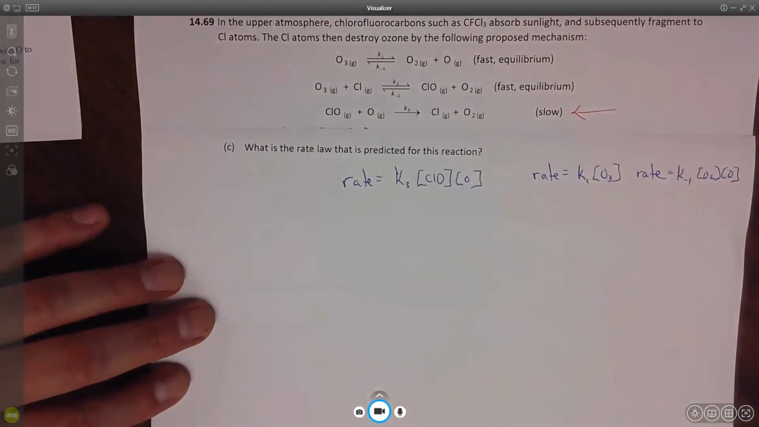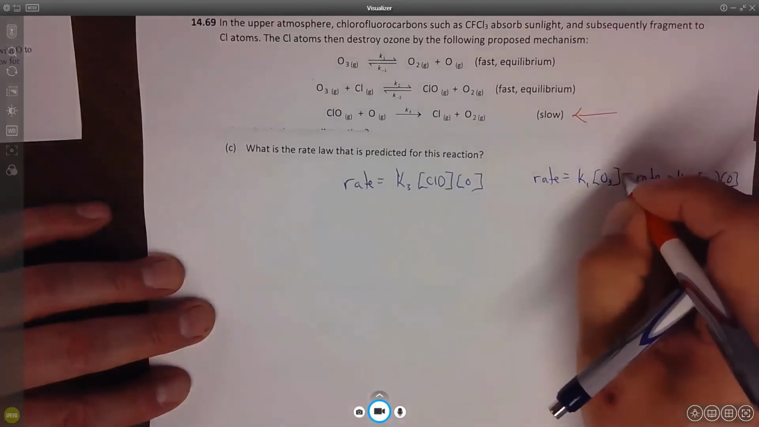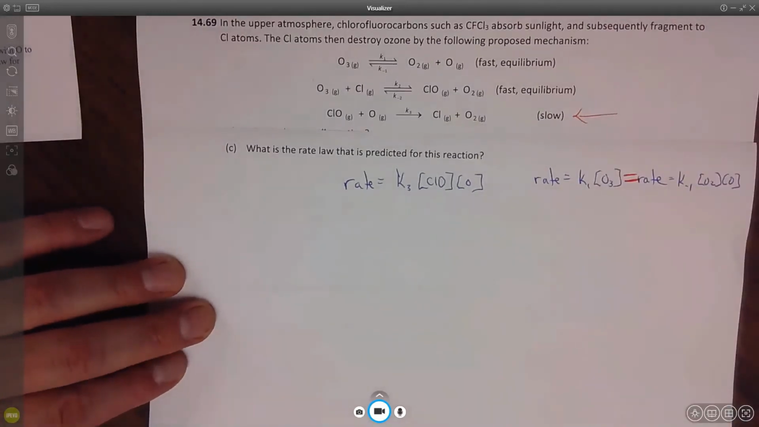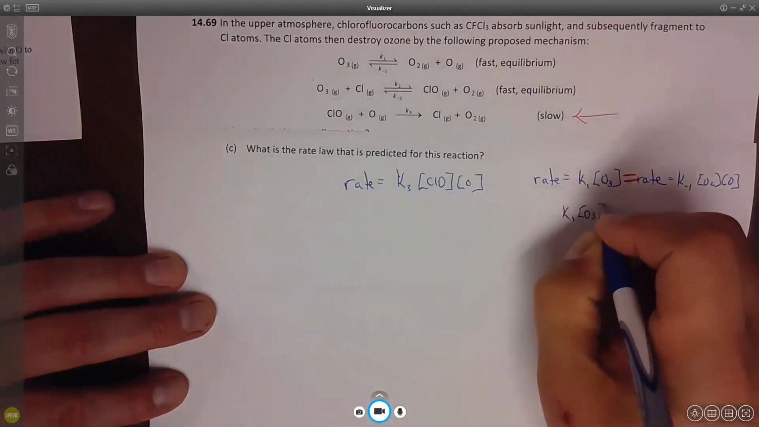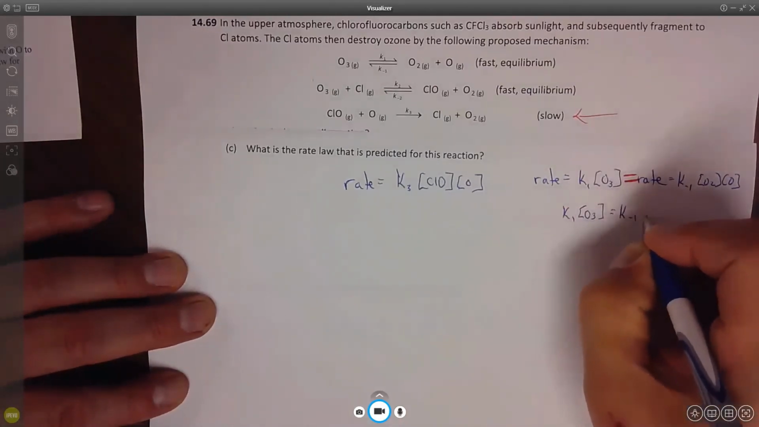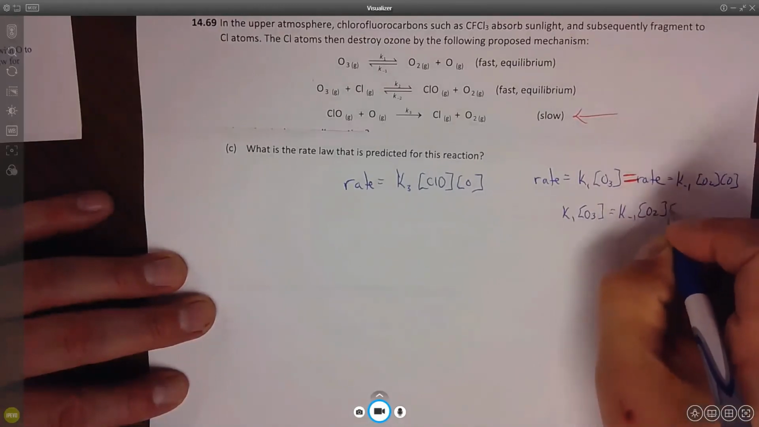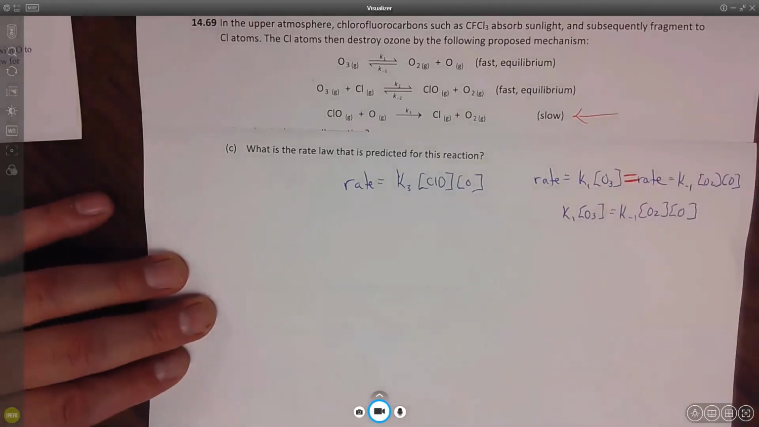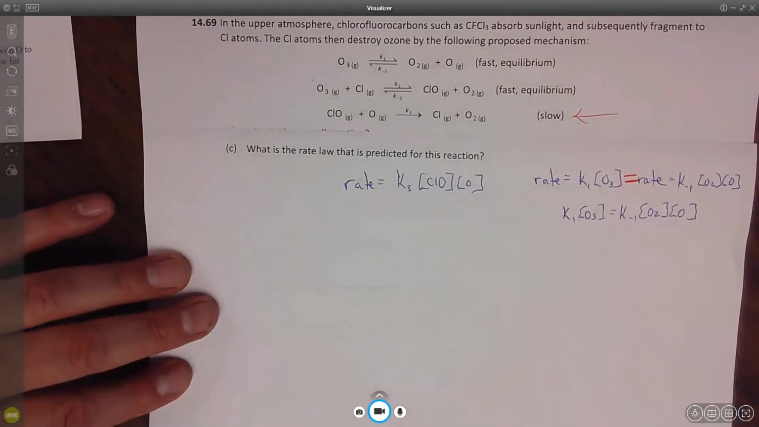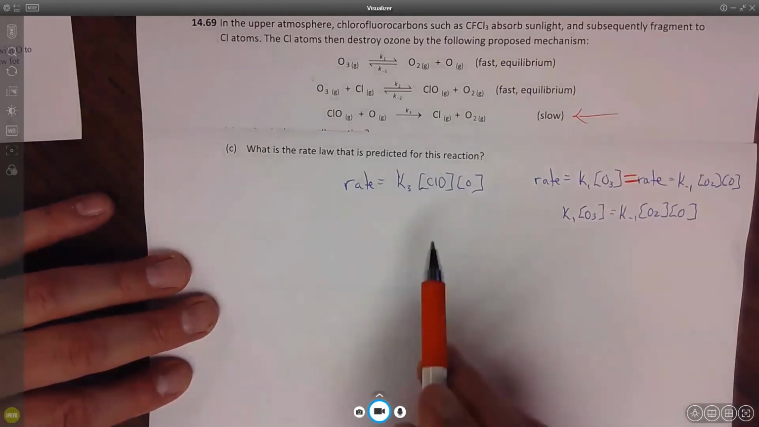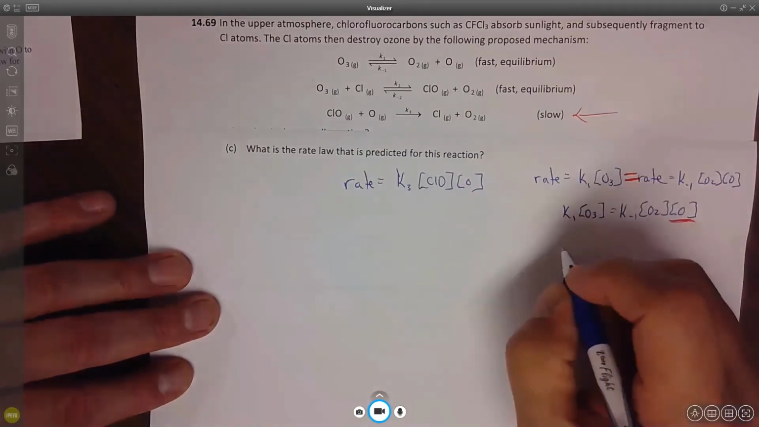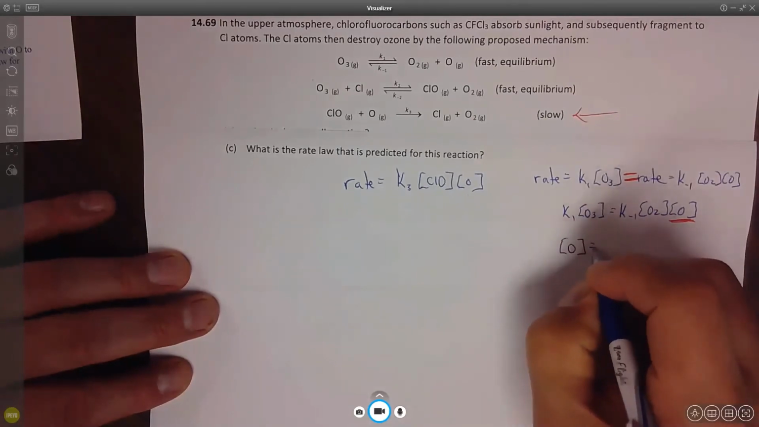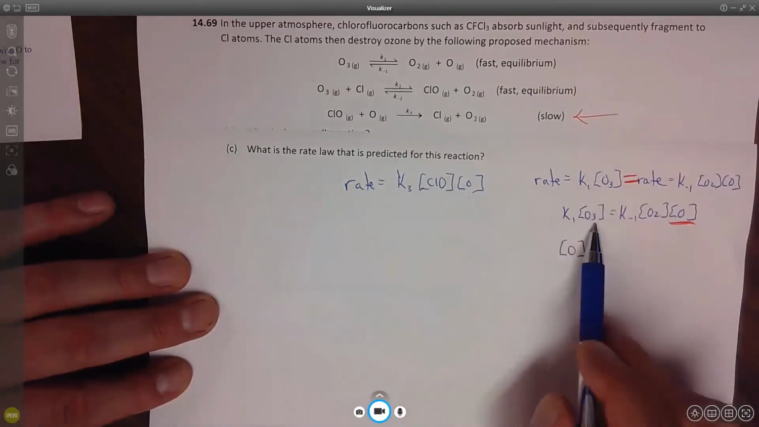Okay. Now remember, these two things are equal because it's equilibrium. So that means that K1 times O3 is equal to K minus 1 times O2 times O. And again, if you have questions, please let me know. Now remember what we're doing. We're trying to get rid of this O right now. So there it is. So I'm going to say that O equals the K1 O3,